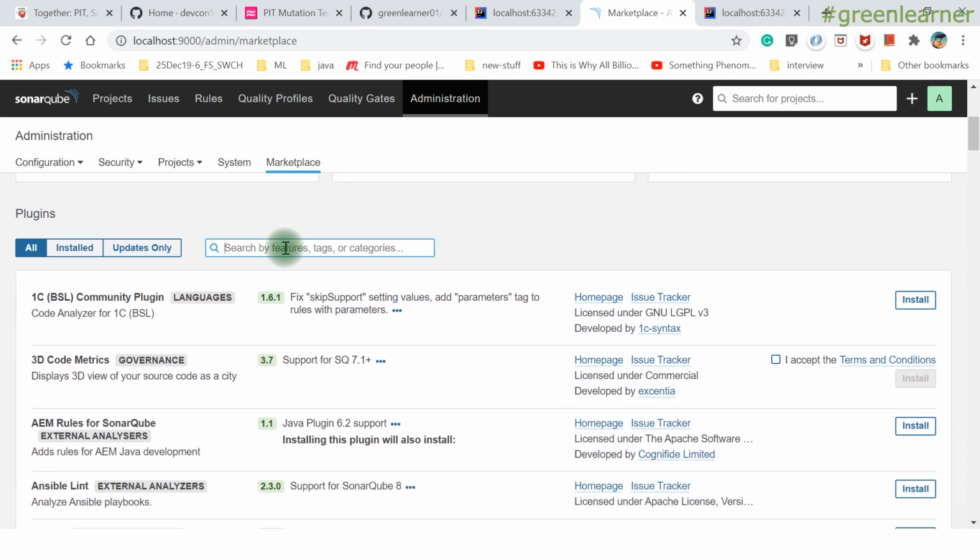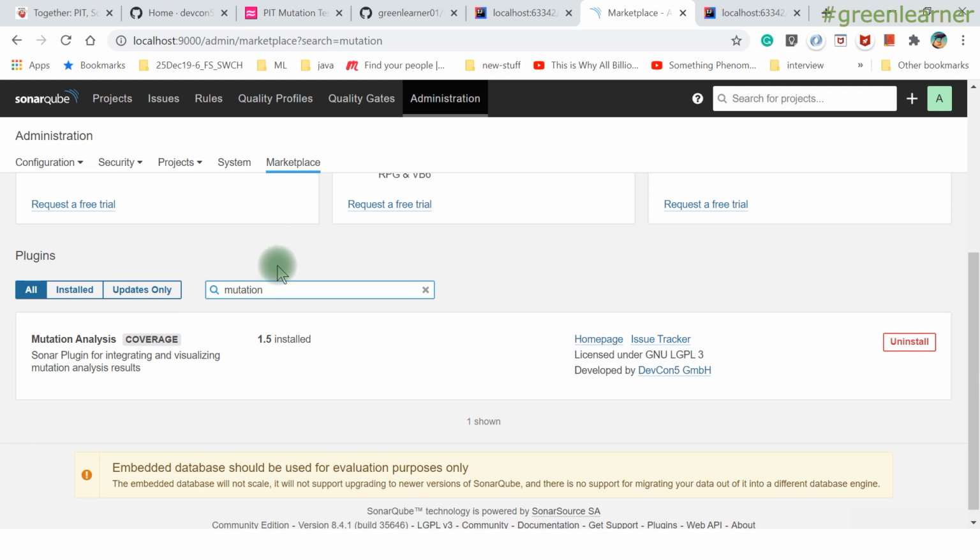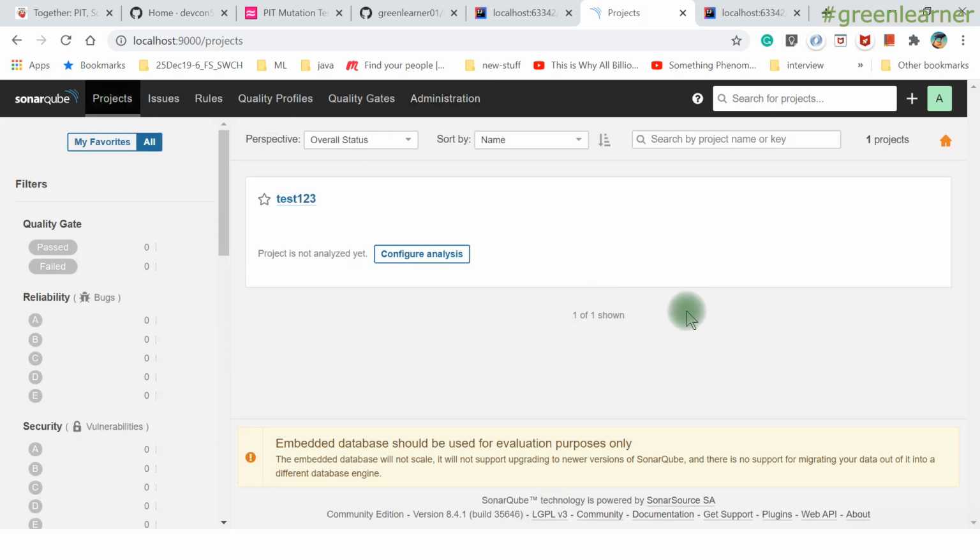In the Marketplace, come here and search for mutation, and you will see this Mutation Analysis plugin, and you have to install it. By default it is uninstalled, you just have to install it, right? And then it will ask you to restart the server. You just restart it, so that your portal, your dashboard, is ready to do the analysis of mutation. And after doing this you have to come here under the project section,